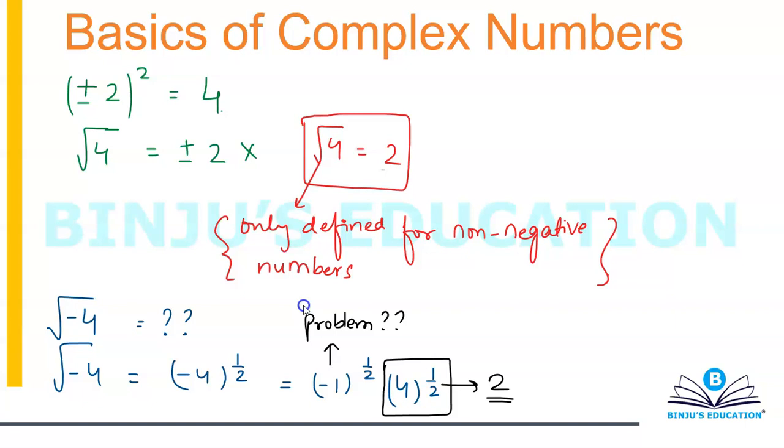So there is no real value for negative 1 to the power half. If there is no real output, that means the output has to be imaginary. Because if it is not real, then it is imaginary. We only have two types of numbers, real numbers and imaginary numbers. There is no third thing possible. So we came to the conclusion that negative 1 to the power half we are going to represent by iota, which stands for an imaginary number.